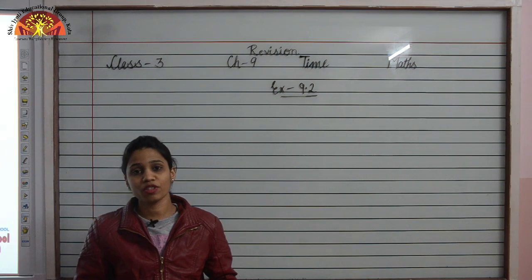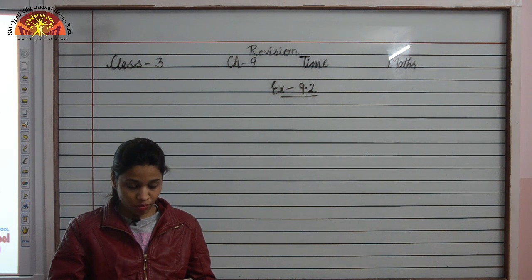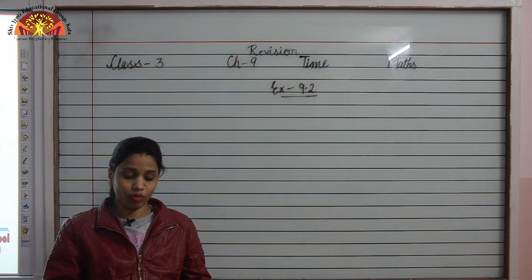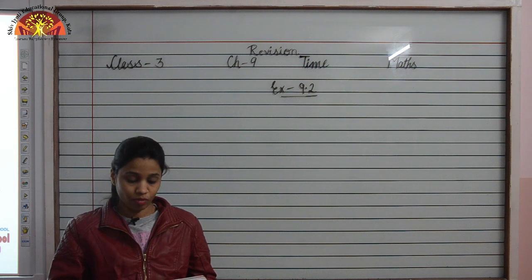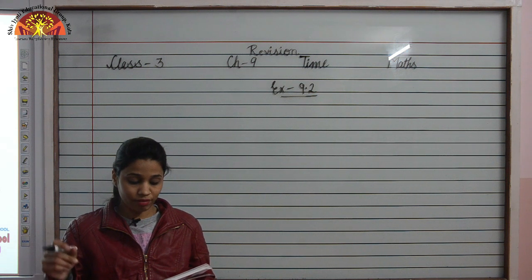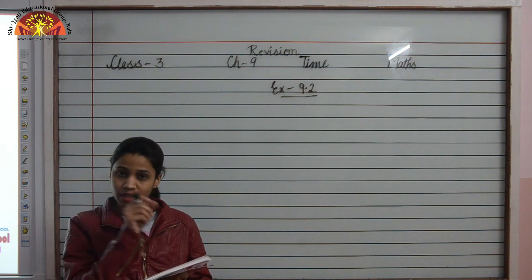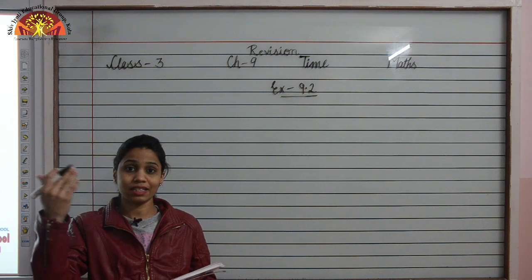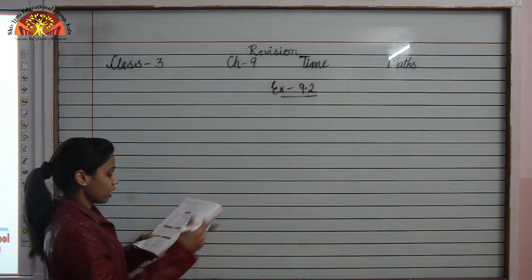Students, now let us move on to the next exercise, that is exercise 9.2, given on page number 126 of your book. So please open page 126 of your book. Let us do question number 2. Now write the time. What you have to do in this question? You are given the time now and you have to write the corresponding time after 1 hour. So let us do A part.